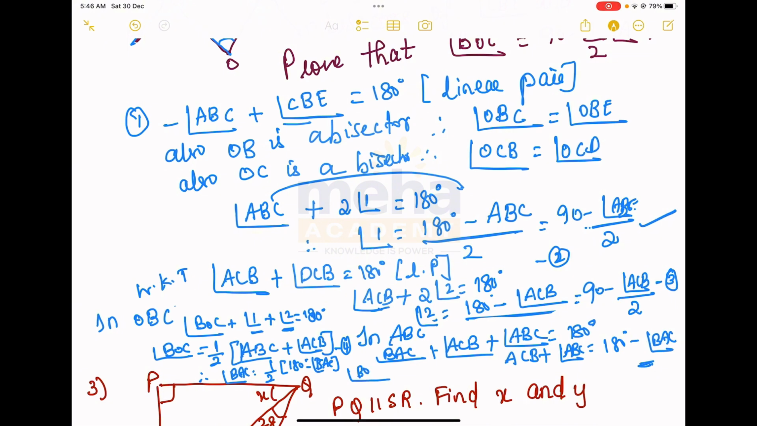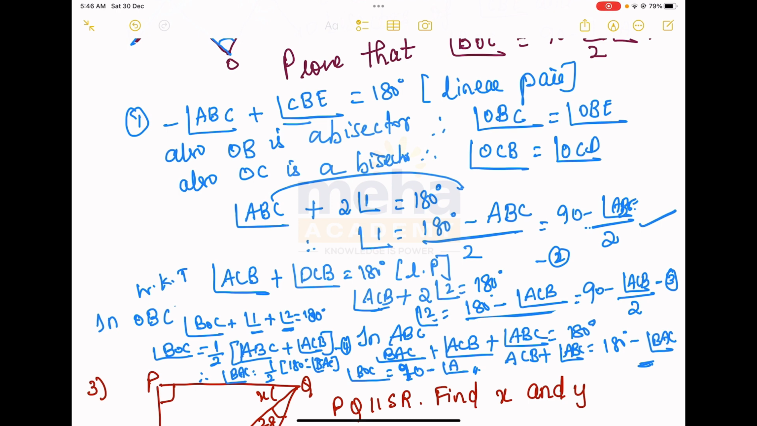Angle BOC is equal to half of 180, which is 90, so 90 minus angle BAC, or angle A. Thus, we have proved it. So children, if you want to practice more without seeing the solution, pause the video,